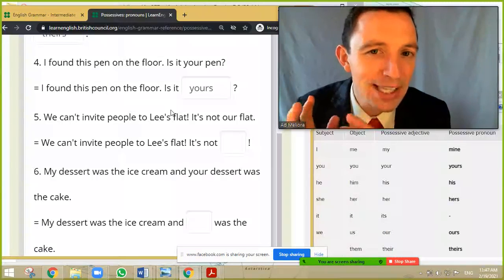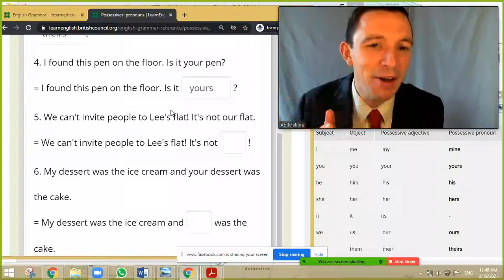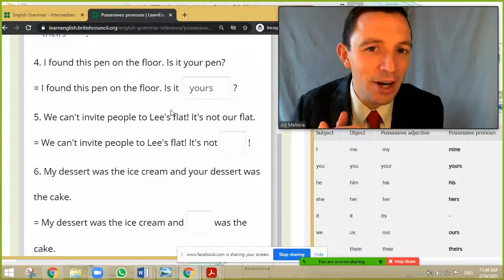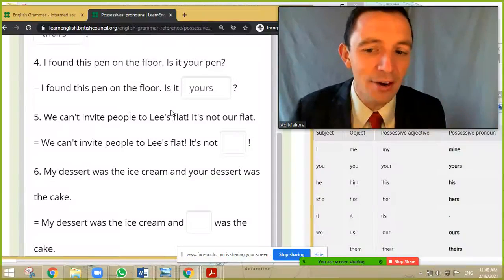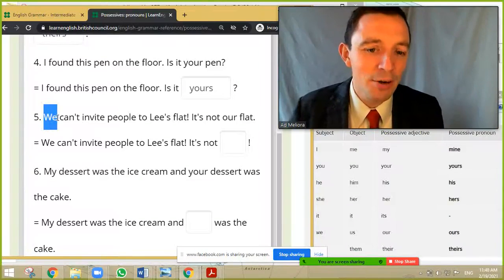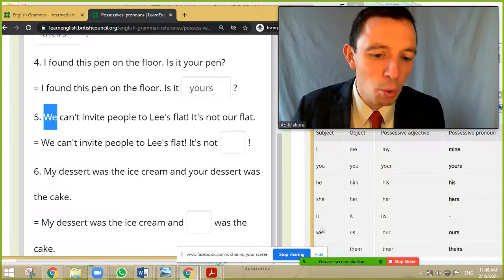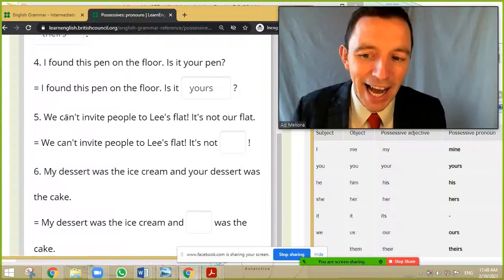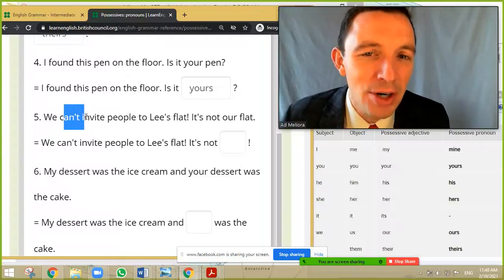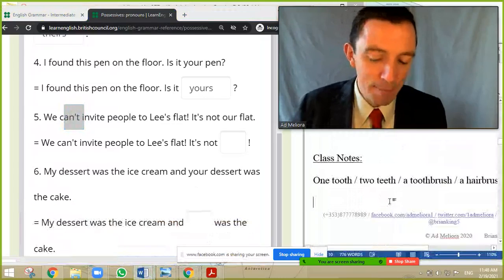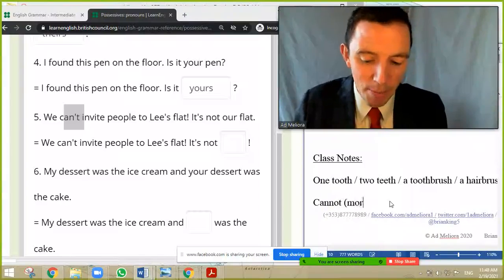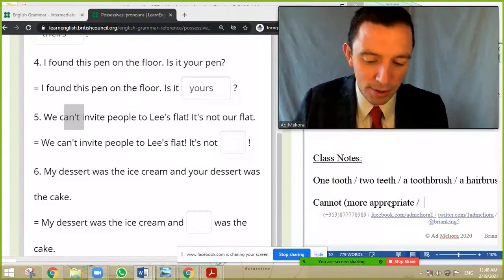So for some people this is probably beginner, but it is very important to analyze the beginning, because for me it's a big confusion and it's a big area for a lot of people, so you need to be very clear, okay. We is the subject, remember the subject pronoun, I, you, he, she, we, okay. Cannot is the negative, and remember normally in the formal situation when you write, it's more appropriate to write cannot, okay. So I'm going to put that in my notes. Cannot is probably more appropriate and more formal, okay, and more correct.